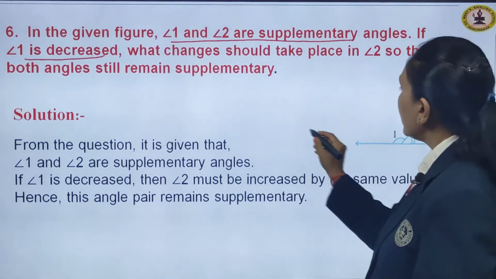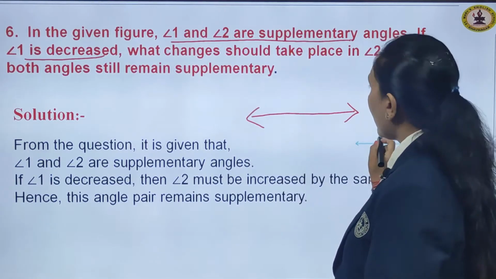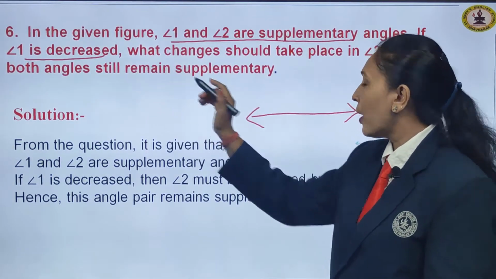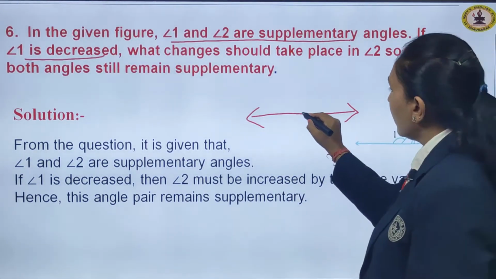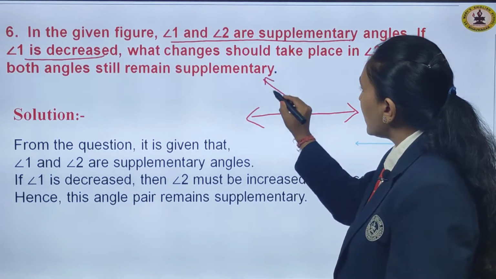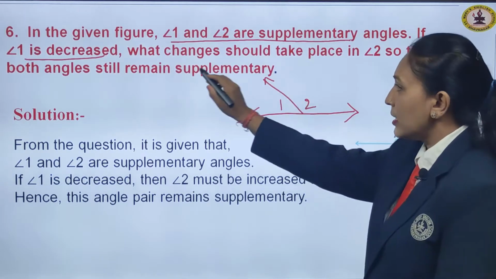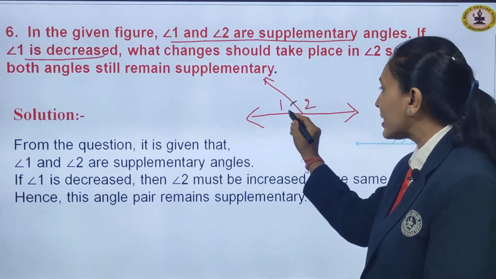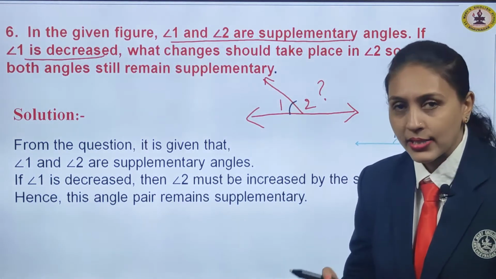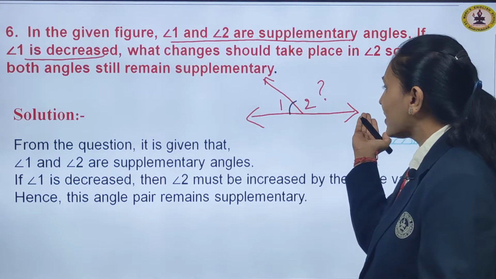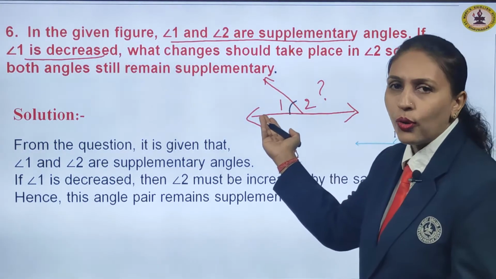Now suppose they ask us that if angle 1 is decreased, you can see here this angle 1 is obtuse. If I make it acute, like this, suppose I change angle 1 and this I change to angle 2. That means our condition is fulfilled, angle 1 is decreased here. Then what did you see as the change in angle 2, children? Yes, very good. That means angle 2 is increased here. As I decrease angle 1, that much will be the increase in angle 2 also.